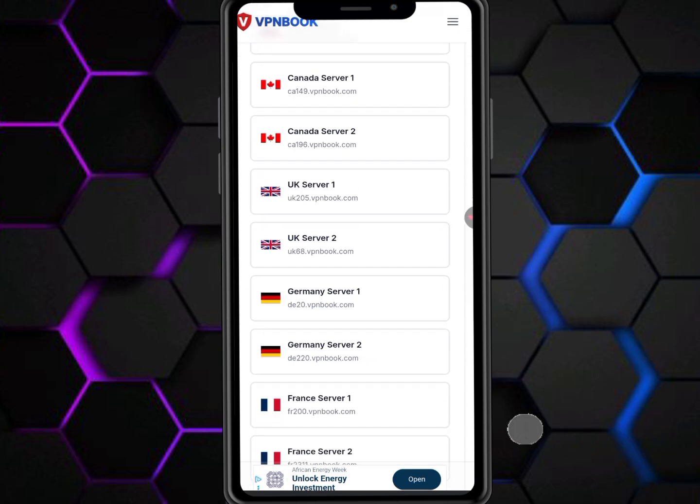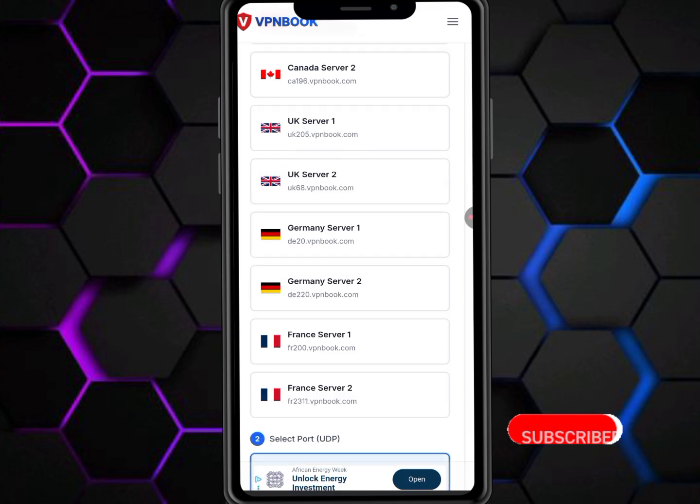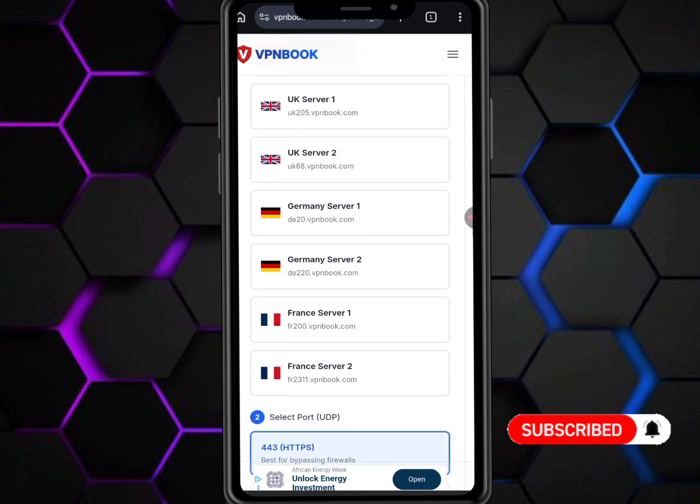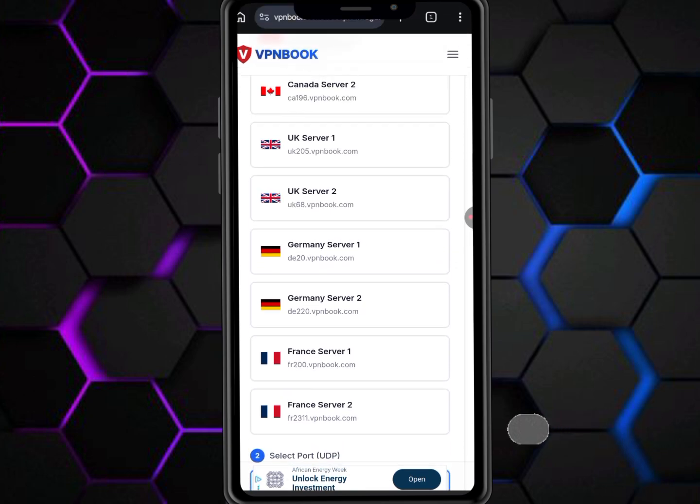Now this is a recommendation to those who are to choose the servers. I kindly recommend you to choose a server that is near to your country's location, or I can recommend you to choose a server from your country's location. Now in this case, I'm going to choose a UK server right here, and then once I choose a server,